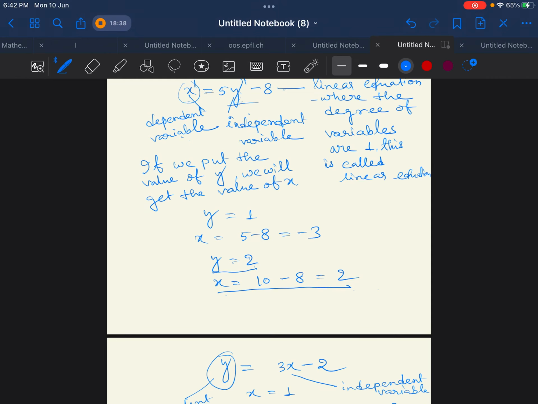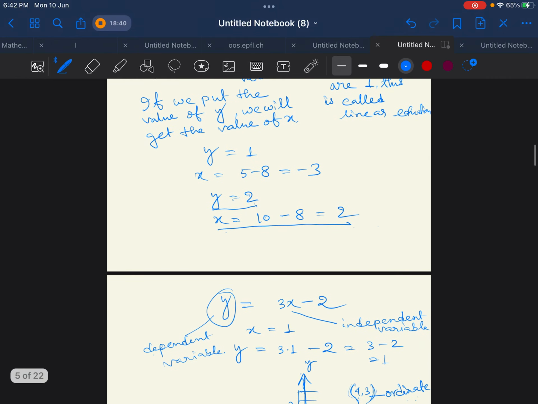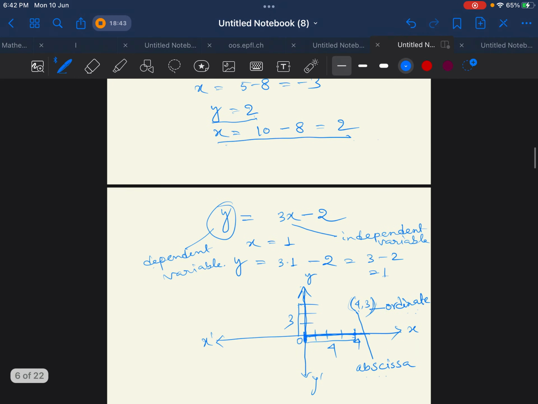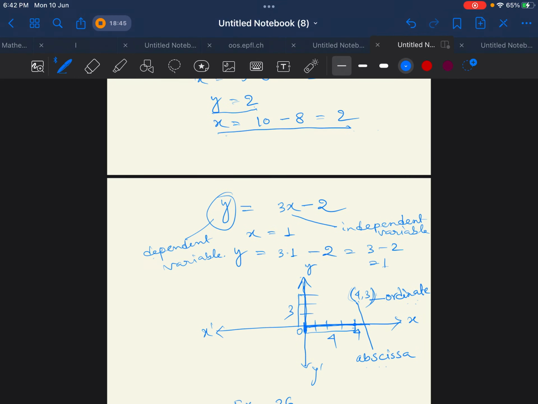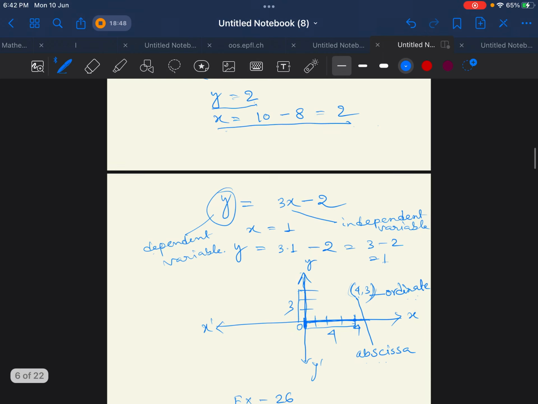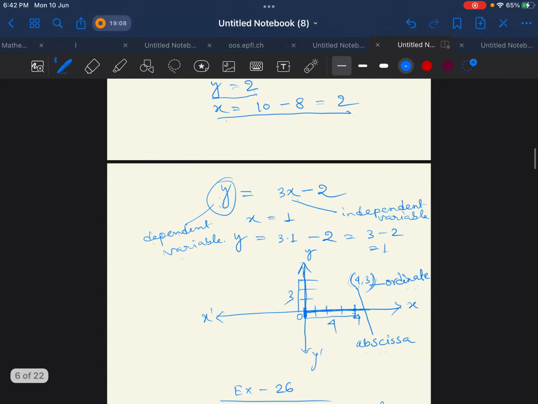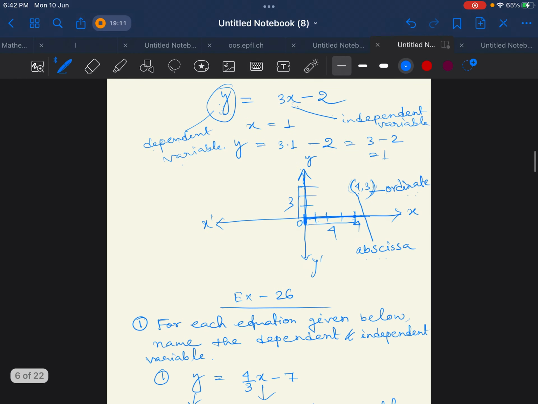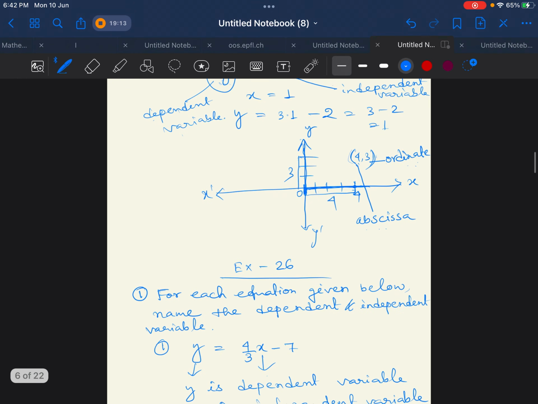So if we put the value of y, then we will get the value of x. Okay, now another example, y is equal to 3x minus 2. Here we see x is the independent variable because the value of y is dependent upon the value of x. When we put the value of x, we get the value of y. So y is the dependent variable and x is the independent variable. Okay,